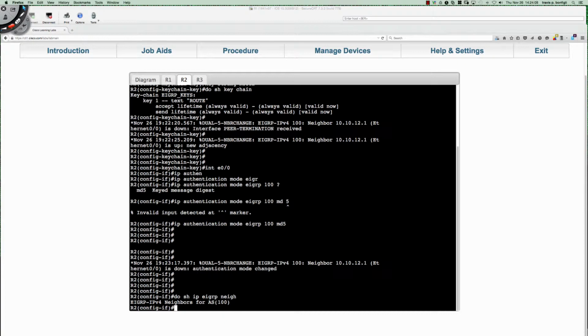With EIGRP, it was instantaneous that the adjacency went down. With OSPF, we had to wait a little bit, but in both cases, as soon as we indicate that we are running authentication for either OSPF or EIGRP, we are in danger of losing the neighbor adjacency. So now that we've told the interfaces that we want both interfaces to be running authentication and we want to